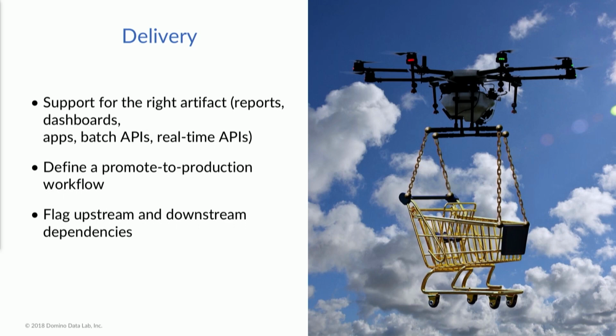Sometimes it's a person, and they just need to be informed about a decision, and something needs to land in their inbox once a week. Sometimes they want to be able to interact with it, so you need to build a web app. Other times, it's a system that needs to integrate it. It's Salesforce, it's your web app, and those things need real-time APIs. So think about that before you get deep into the modeling process. That's the thing that you should probably have as part of your model requirements document. And then think about a promote to production workflow.